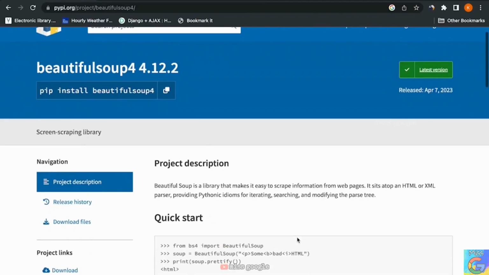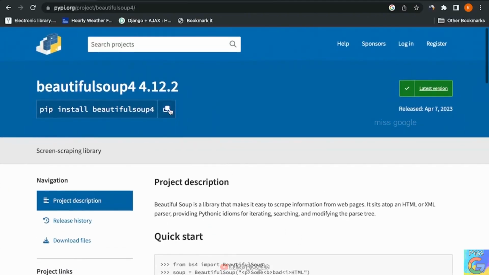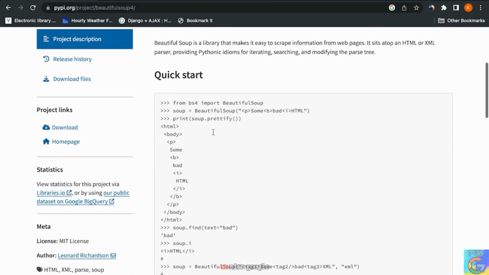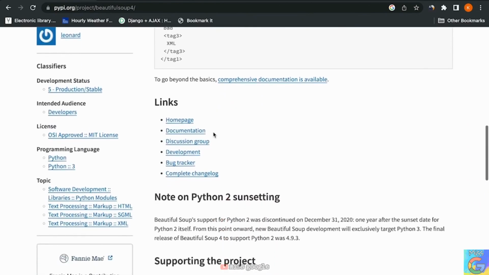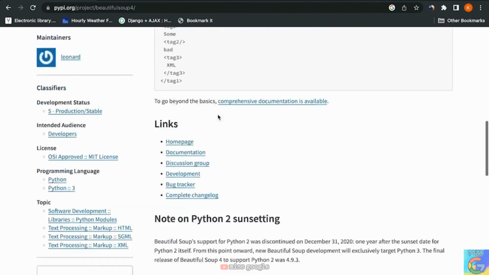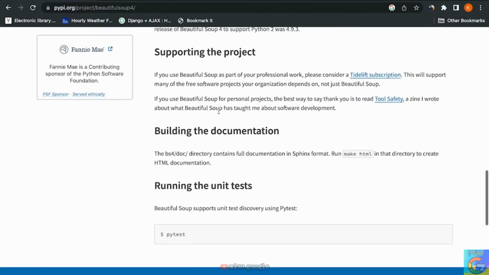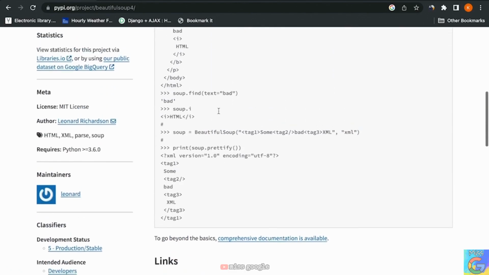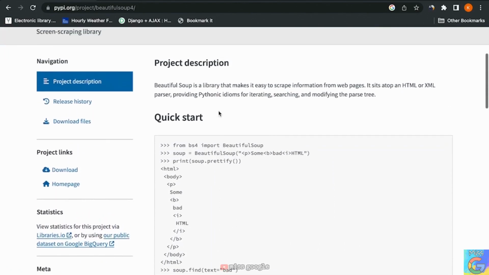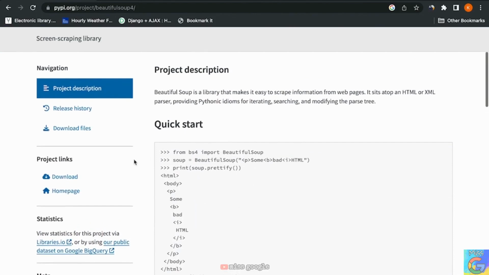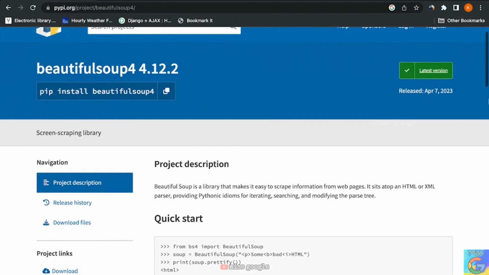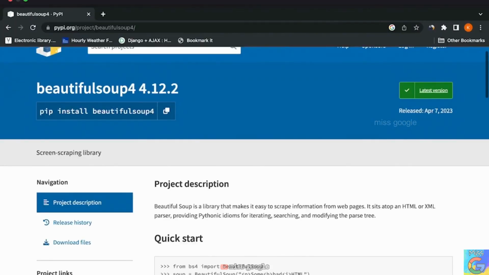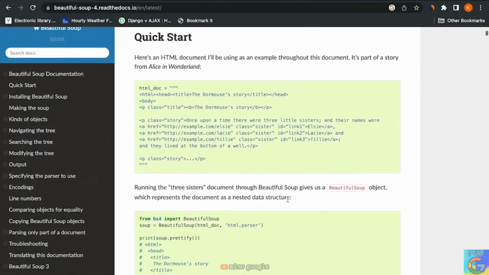So let's go over to the website for Beautiful Soup. As you can see, an easy pip install command is at the top of the page. You can copy that into your terminal, which will install the package. And if you want to further your knowledge about Beautiful Soup, you can go onto the PyPI page. Of course, this PyPI page has a lot of details already, but if you want more details, you can go to the Beautiful Soup